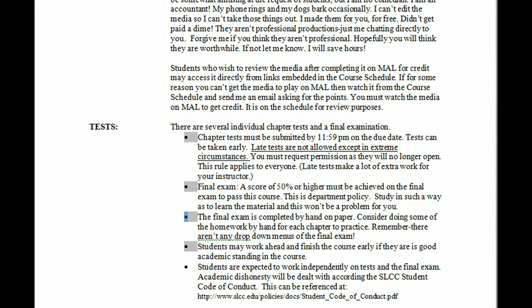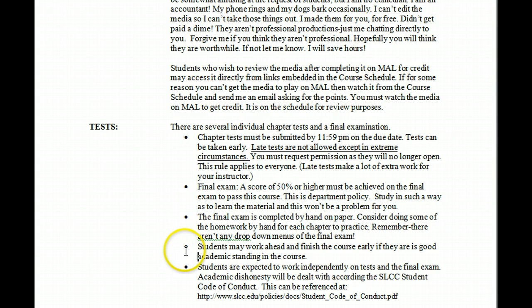The final exam has to be completed by hand on paper. Consider doing some of your homework along the way for each chapter by hand on paper, and then enter the answers in MyAccountingLab. Remember, there are no drop-down menus on a piece of paper, and there are in MyAccountingLab. So you need to work without those once in a while to be practiced for the final.